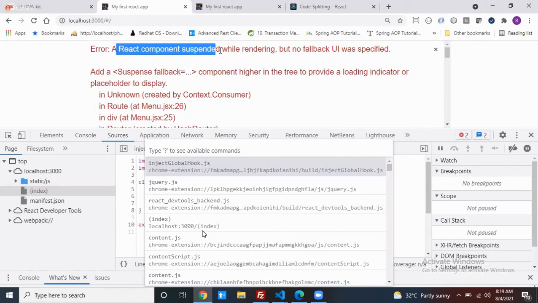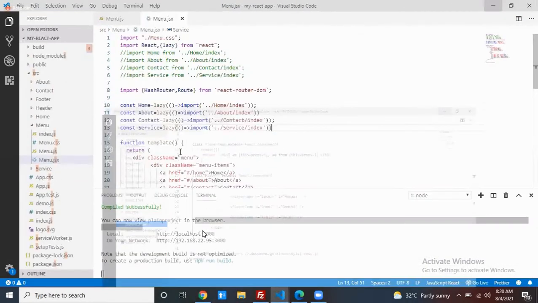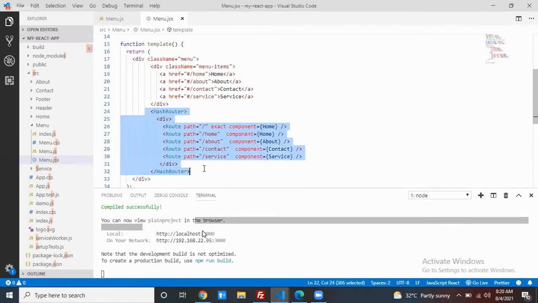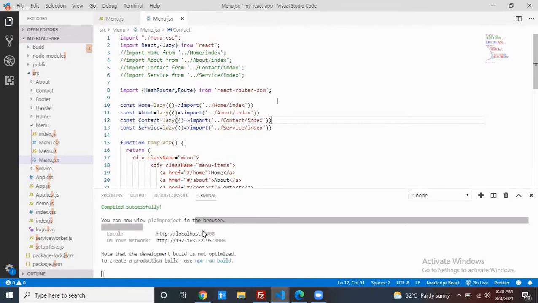A React component suspended while rendering, but no fallback UI was specified. Add Suspense and a fallback component higher in the tree to provide a loading indicator or placeholder to display. This is what this error message represents. Where are you loading your components? Here, through dynamic import. It's not mandatory, but if you import any component through dynamic import,